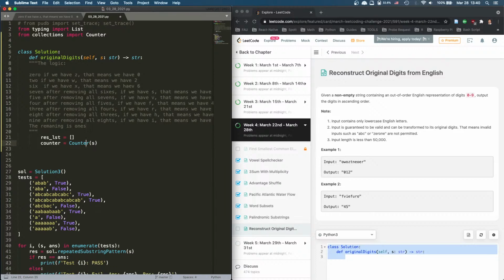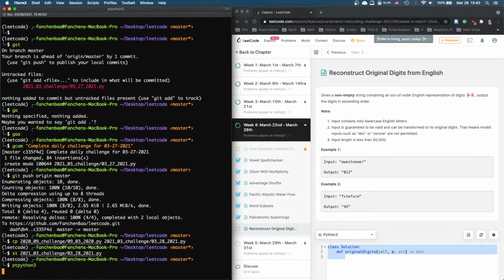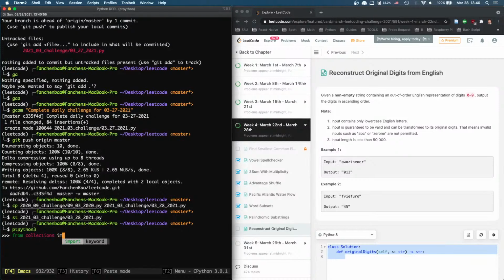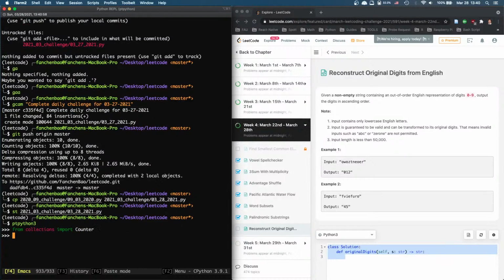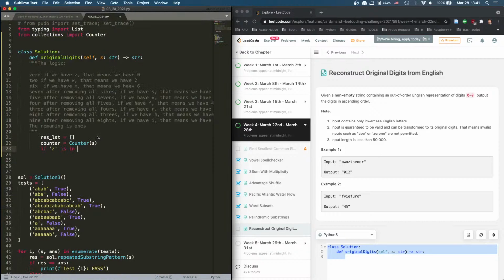Okay. So what do we do? We're going to check for Z, right? So it's not going to be a loop. It's just going to be a lot of if-else statements. We'll just say if Z is in, let me first check if this Counter thing works. I think it does. Just to be on the safer side, a equals Counter('abc'). What does a show? Yeah, it does work. So if Z is in counter,